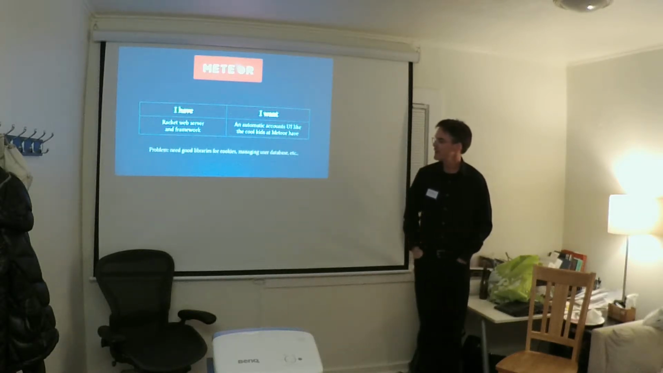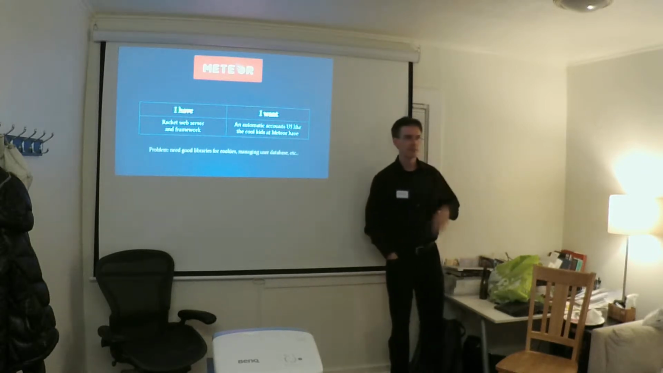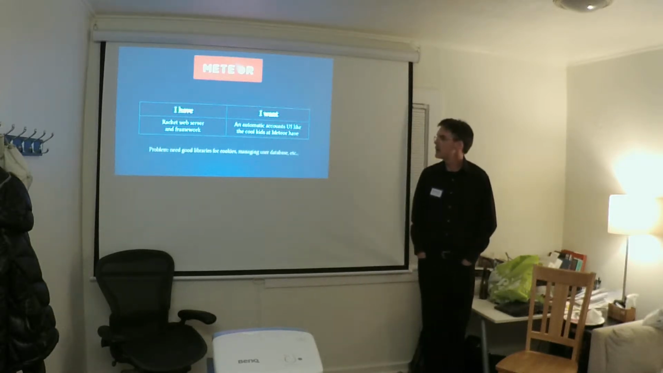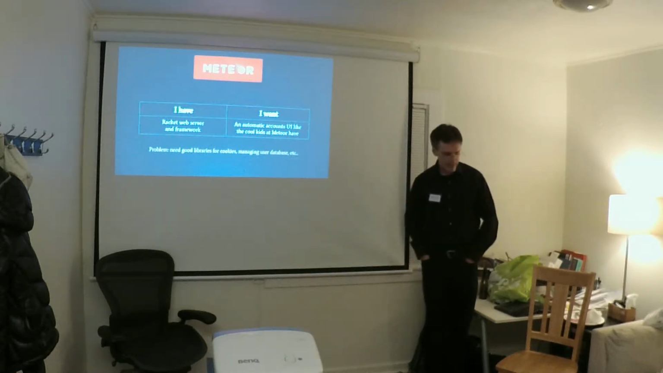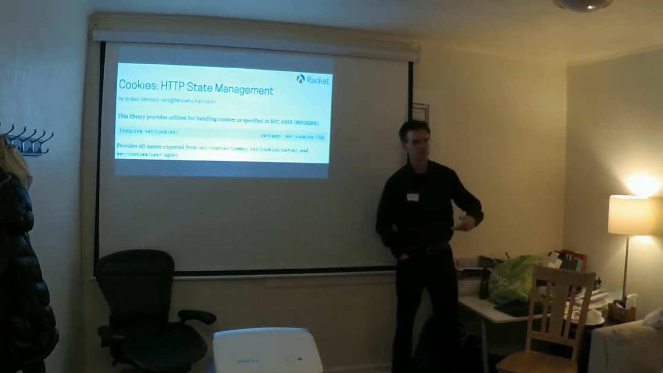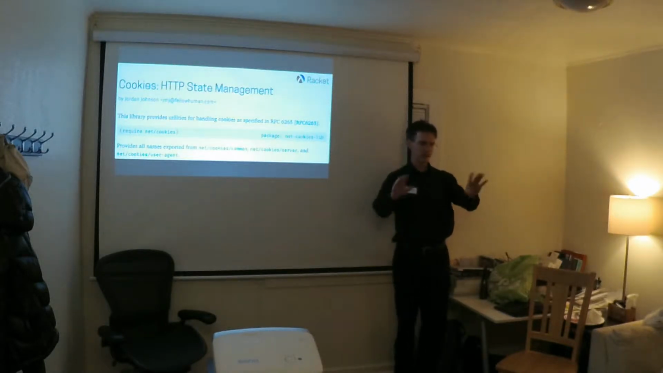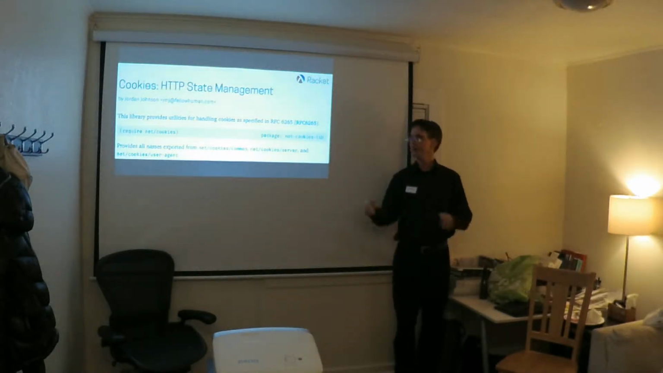I'd love to have an automatic accounts UI like the Meteor people, but there aren't libraries for cookies and user database and so on. So I thought, all right, I don't get the overall organization, but I know I'm going to need cookies, and the Racket cookies library is crappy, so I wound up writing a Racket cookies library from scratch. And this to me is like bottom-up thinking. It's like, okay, I don't know how the whole is going to be, but I know this part's necessary,